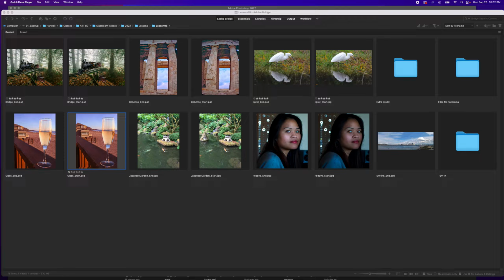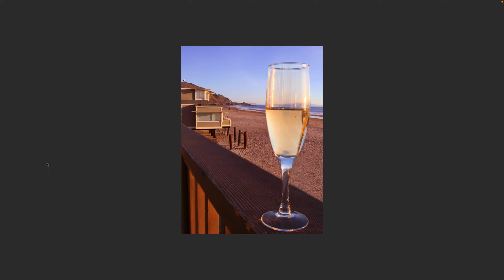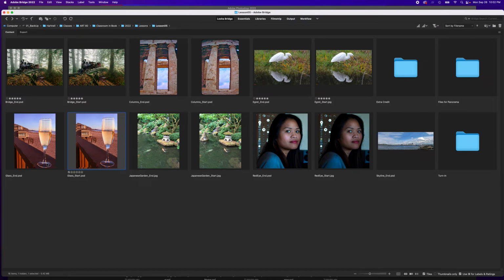We're going to be working on extending the depth of field. We have here in Bridge the end file, where you can see a glass is in focus and the house in the background is in focus. When we start off,